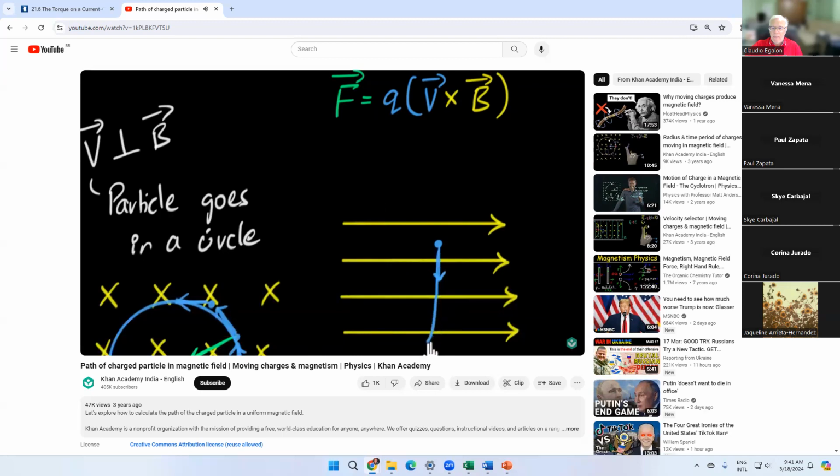It's going to come out of the screen. So like this. Again, it's going to go into the screen. It's going to go in a circle like this. It doesn't look like a circle, but that's what it is. So here will be the center of that circle. Again, circular path. I'm doing a 3-dimensional drawing on a 2-dimensional board, that's what I'm doing here. The particle will go in a circular path. So this is how you figure out the path taken.